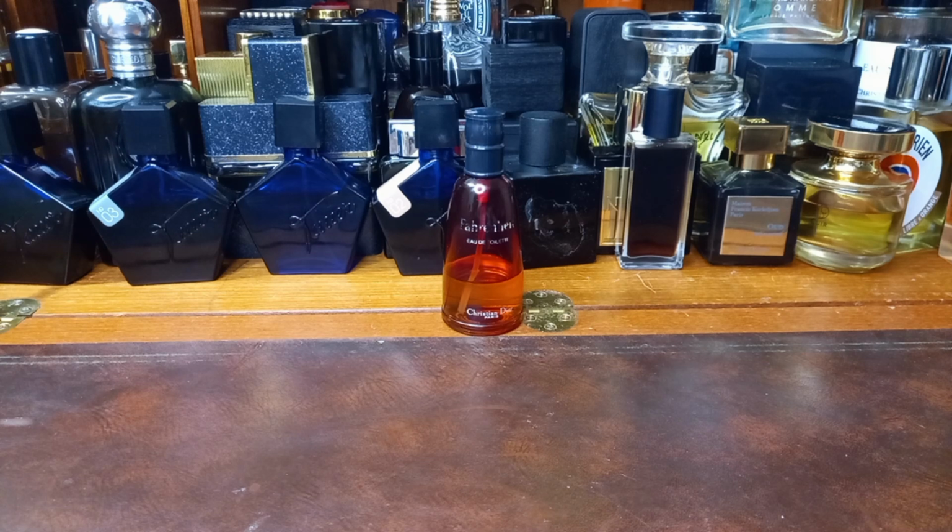The performance is massive, especially on these older ones. I think the newer ones aren't bad for performance either. This is a little bit more raw. The latest versions of this smell a bit tame compared. Not as dangerous. This is a dangerous smelling perfume. I really like it. It's one of, if not the finest